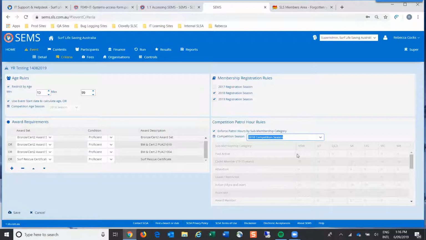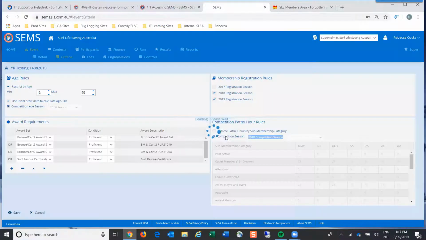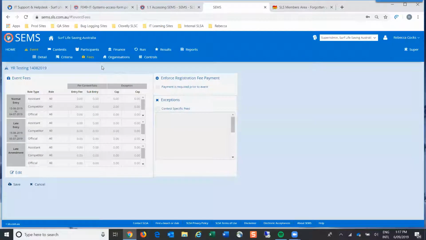And then we include all the different hour requirements for all the different sub-membership categories to enforce those hours to enter as a participant in specific contests. So I'll just untick that because that's the way this event's been set up by someone in our team. I just want to leave those like that. So we'll just discard any changes, and then we're going on to the fees.